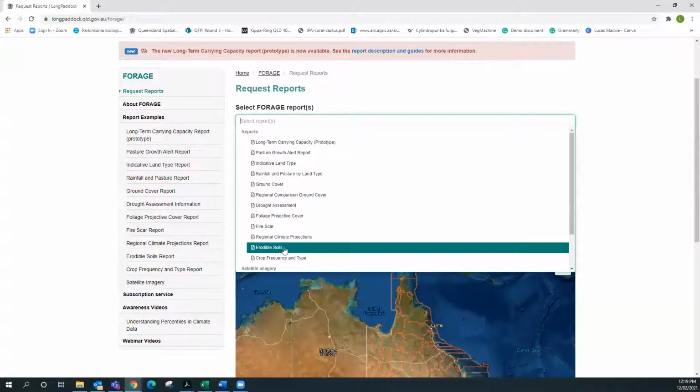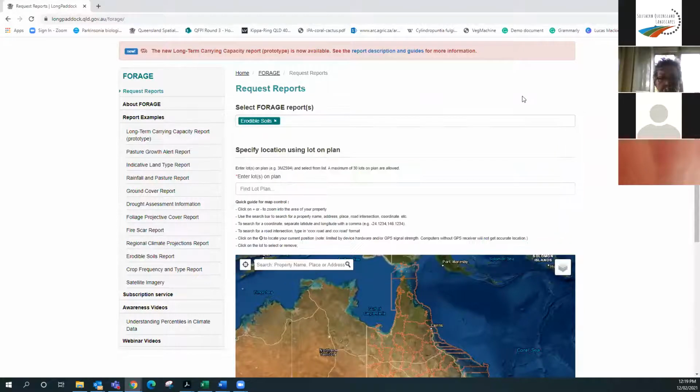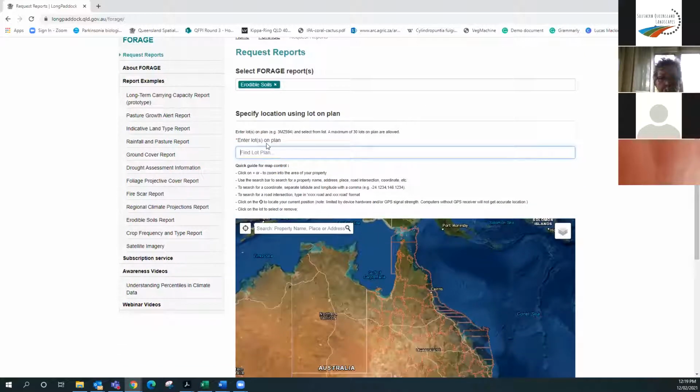There is erodible soils. I'm not sure how much that covers because I haven't actually played around with it yet. But just before this webinar, it was highlighted to me that it may be of interest to some people, but I can't give you a lot of information on that one. But what we'll do is we'll just select the erodible soils, go to specify location using lot and plan, and we'll just enter the same one as we did for VegMachine. So 3SP